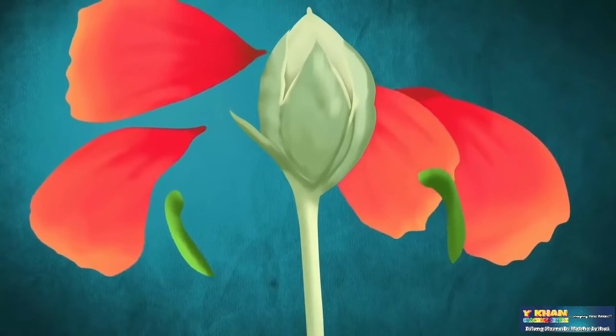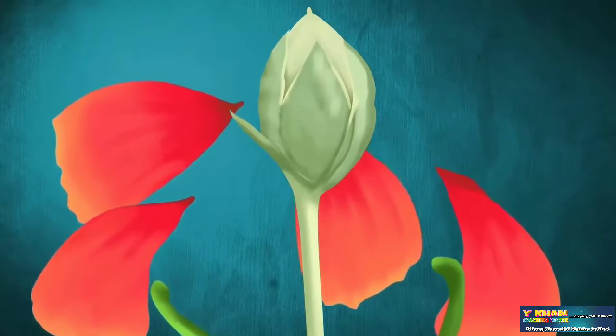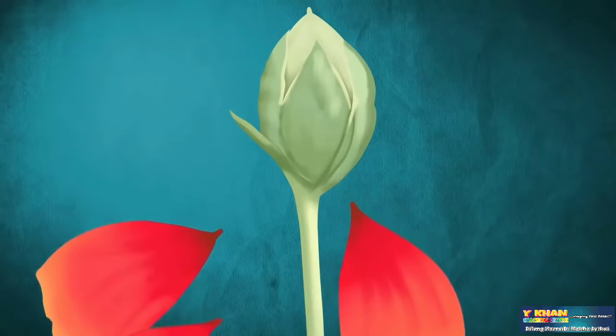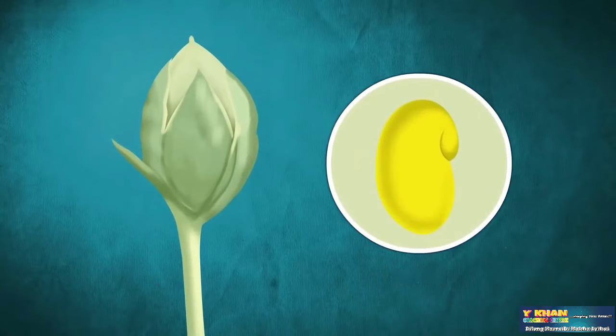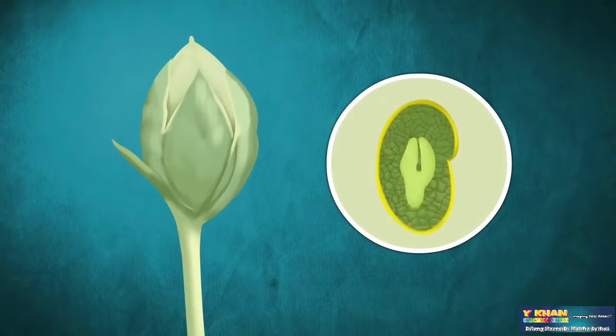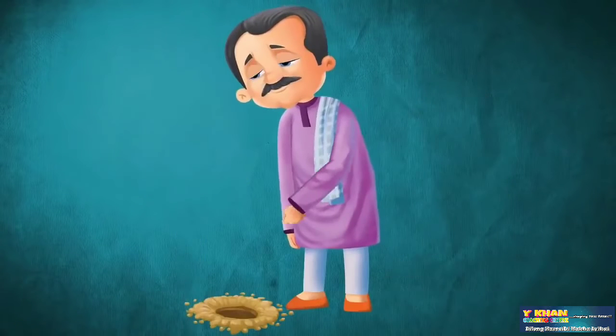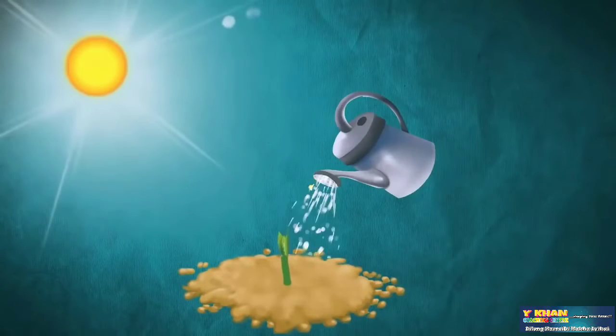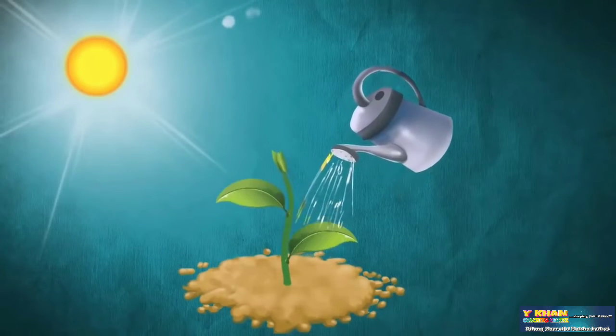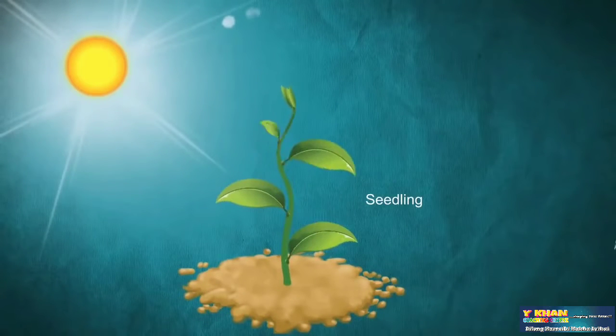At this time, the other parts of the flower, like the sepals and petals, fall off. So, a seed present inside a fruit contains an embryo, which is actually a baby plant. Each time a seed is planted in soil and provided appropriate conditions, it grows into a seedling, which then